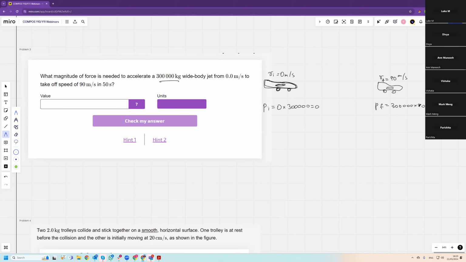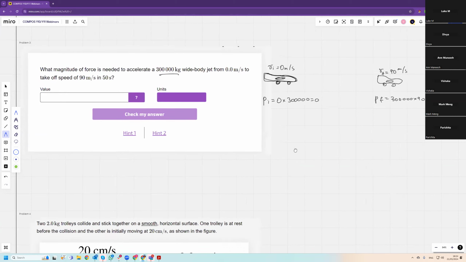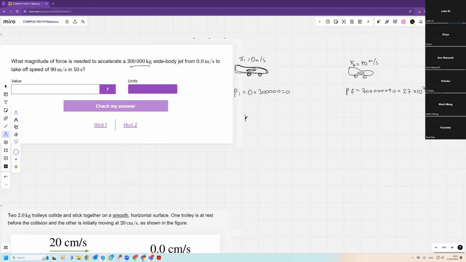90 times 300,000, that's 27 million. Well, 2.7 times 10 to the 7 kilogram meters per second. So the force is